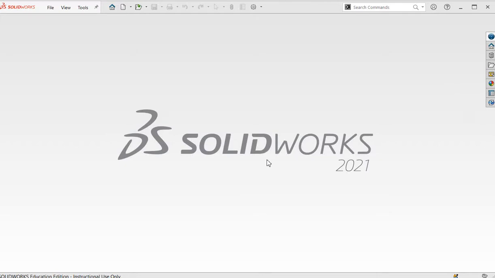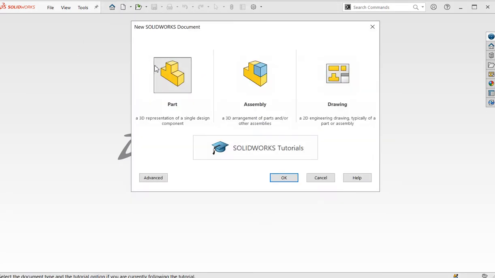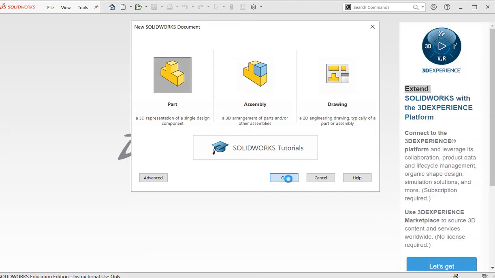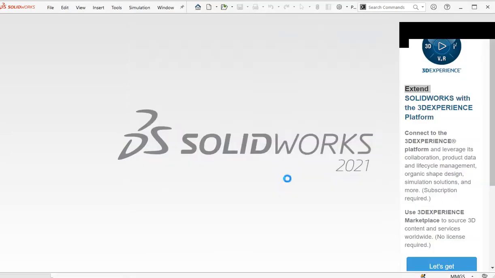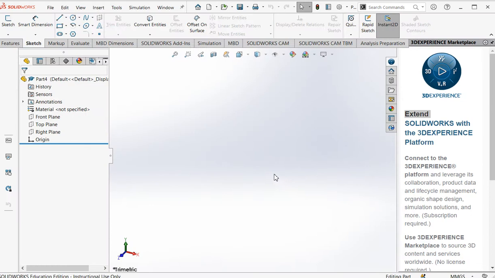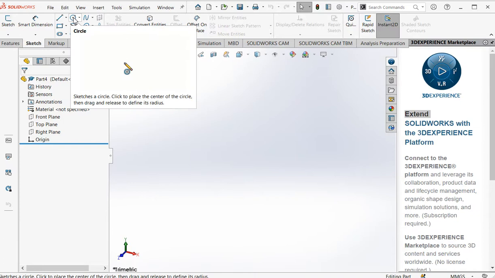This video is going to explain how to use SolidWorks to create a cable. Start new. Click on Part. Click on OK. Here we need to make sure this sketch is selected. Then we select the